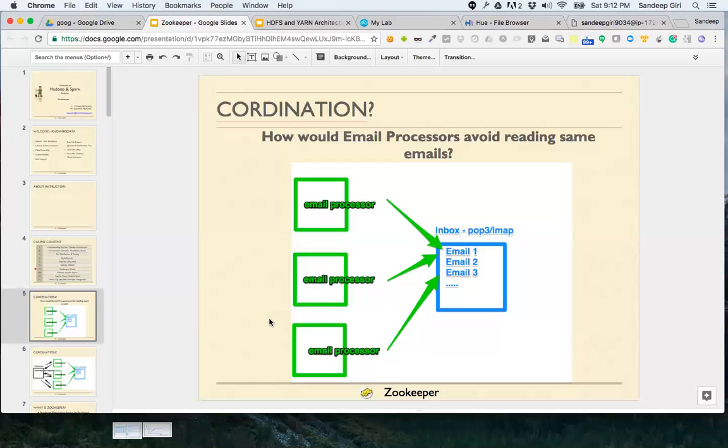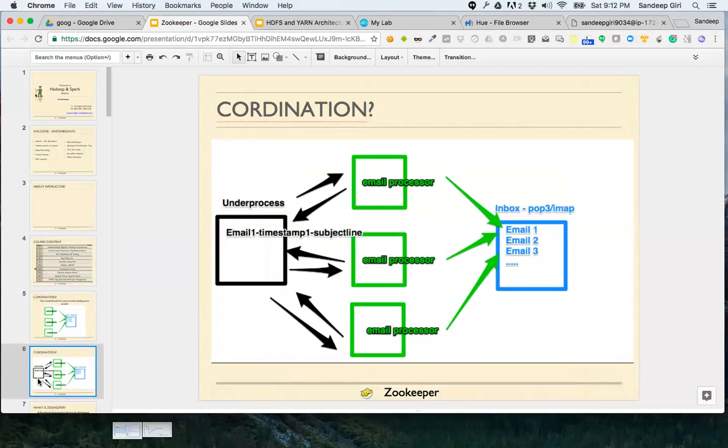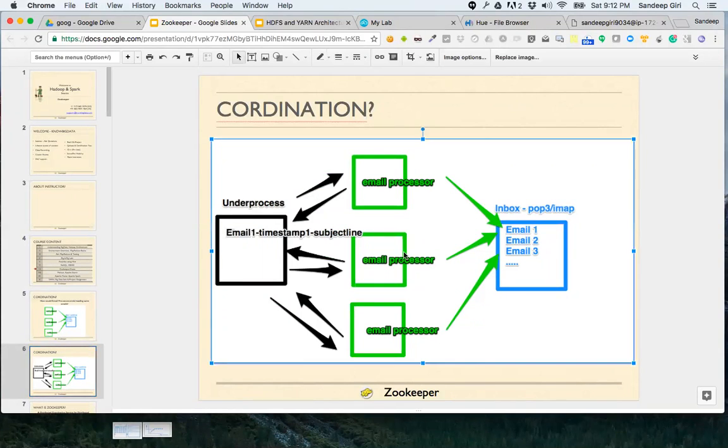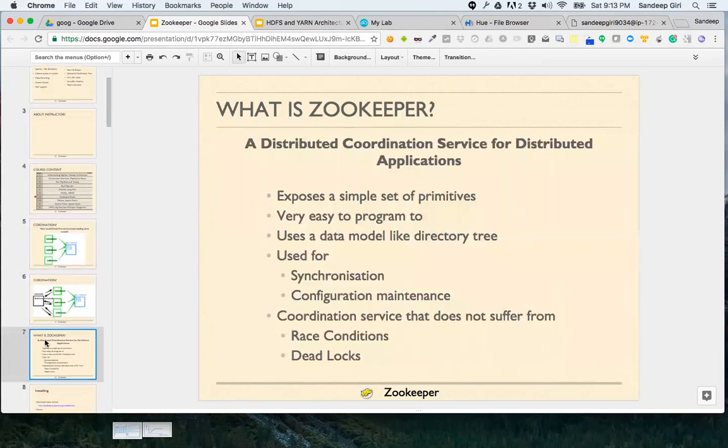Yes, Kush, that's exactly it. So we should distribute it to different processors, and that's where Zookeeper comes into play. Zookeeper is like a central database where everybody can store tiny bits of information. And as we saw earlier, somebody asked, what if Zookeeper dies? The point is, Zookeeper does not die because Zookeeper is distributed.